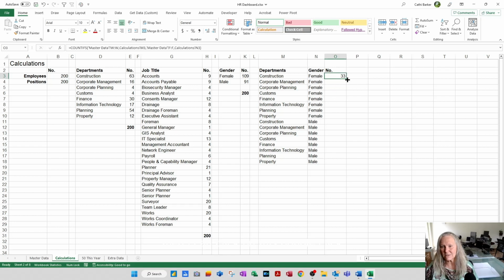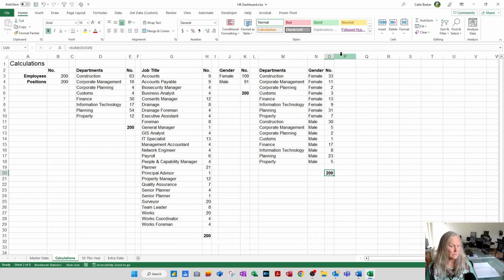Then I can double click and work out all the others. If I go to the foot of these numbers and press Alt equals, I have 200, which means I think those numbers are actually correct, and adjust the column width. All right, let's work out some more figures so that we've got plenty of data and business insights to add